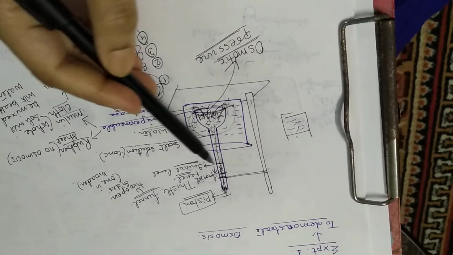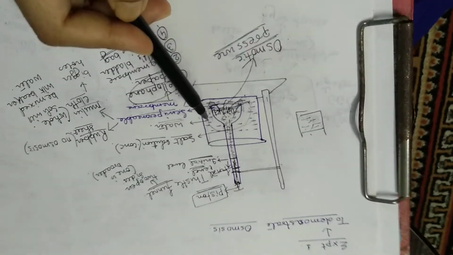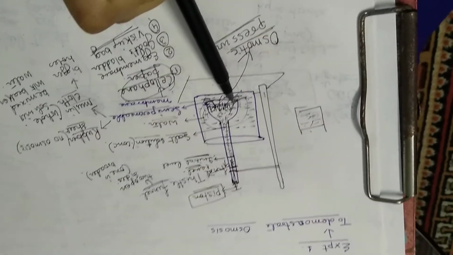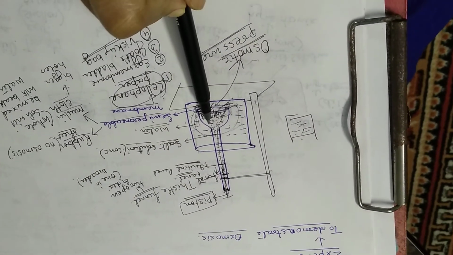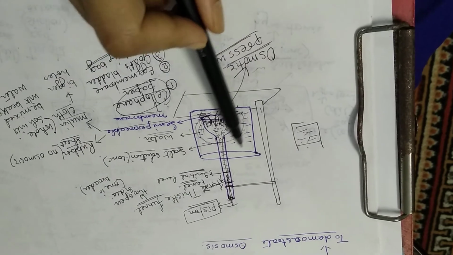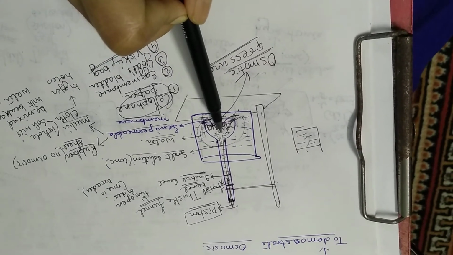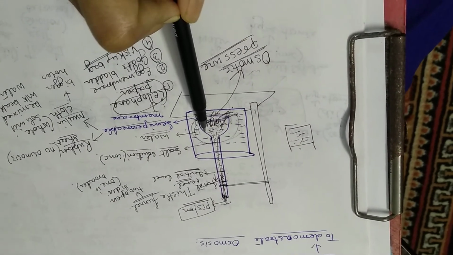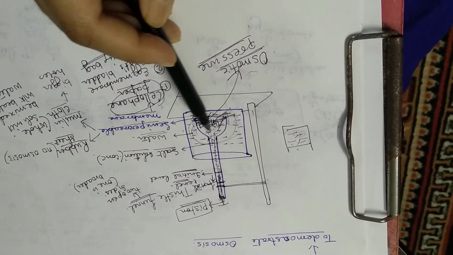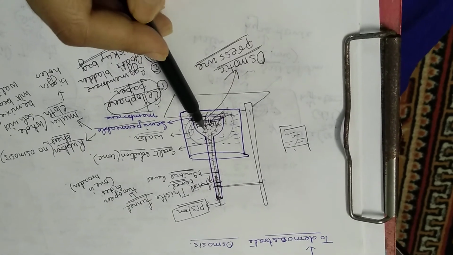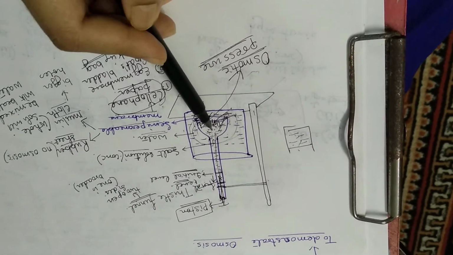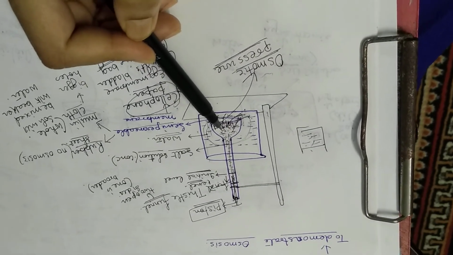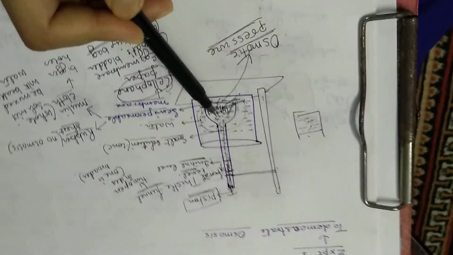Now, what is the control for this experiment? Often it is in the syllabus, control, and often in your exam also it comes. It is a very common question in ICSE: what is the control for this experiment? Control means the setup will remain the same, but a change is made which will not let the osmosis take place. And the control over here is that this particular thistle funnel is filled with plain water, and it is suspended. So here we will see no osmosis is taking place. So this is actually referring to the more sure presentation of the osmosis experiment.